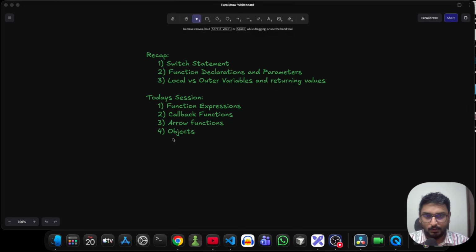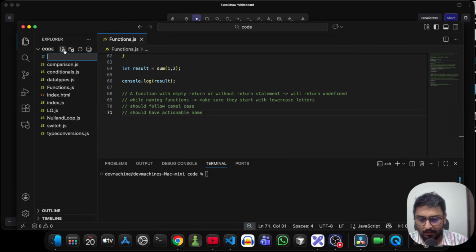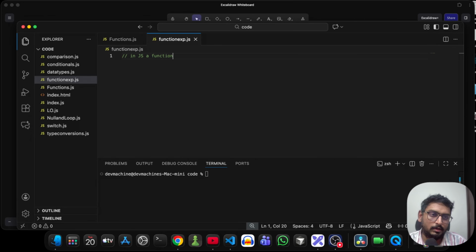So without any further ado, let's try to understand function expressions. Let me open my VS Code. Let me create a new file known as function expression.js. So in JavaScript, a function is not a magical